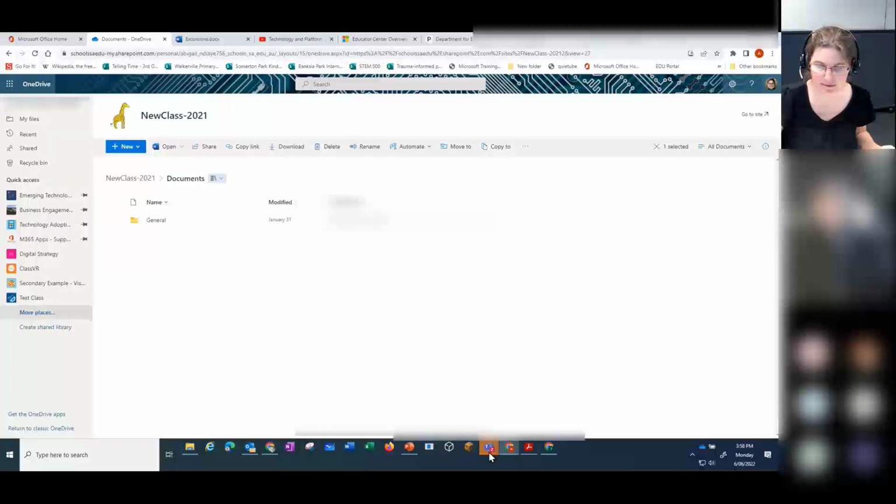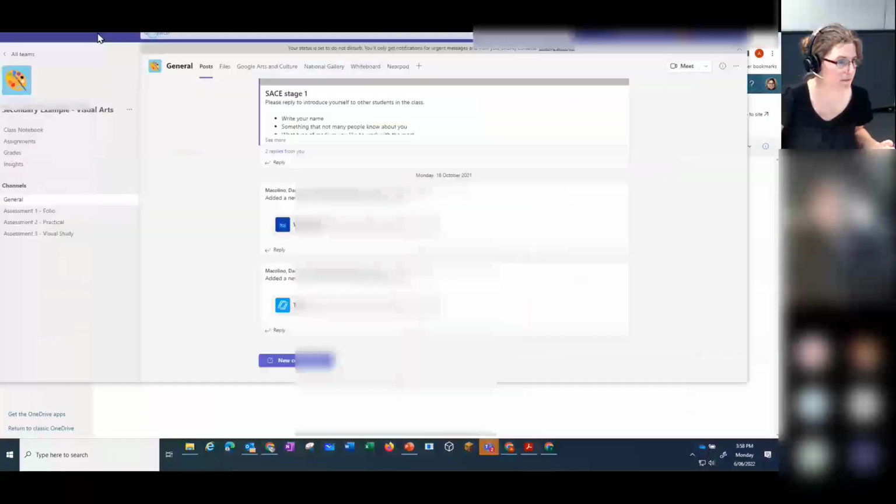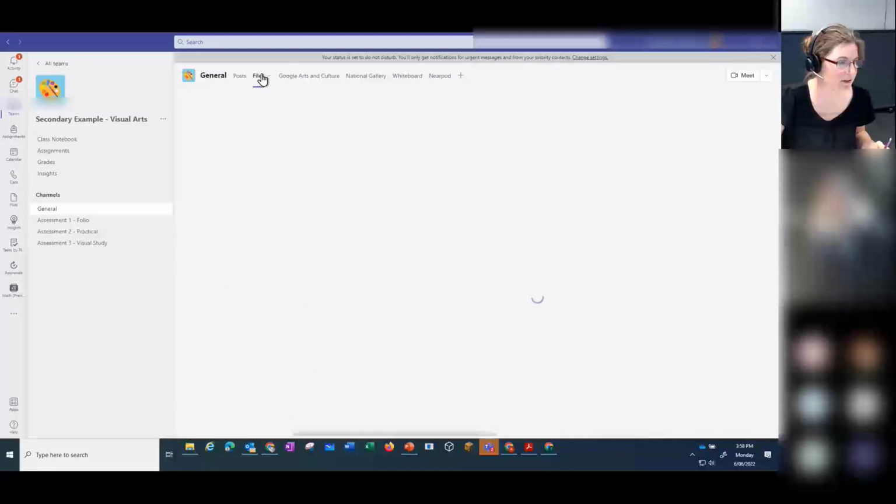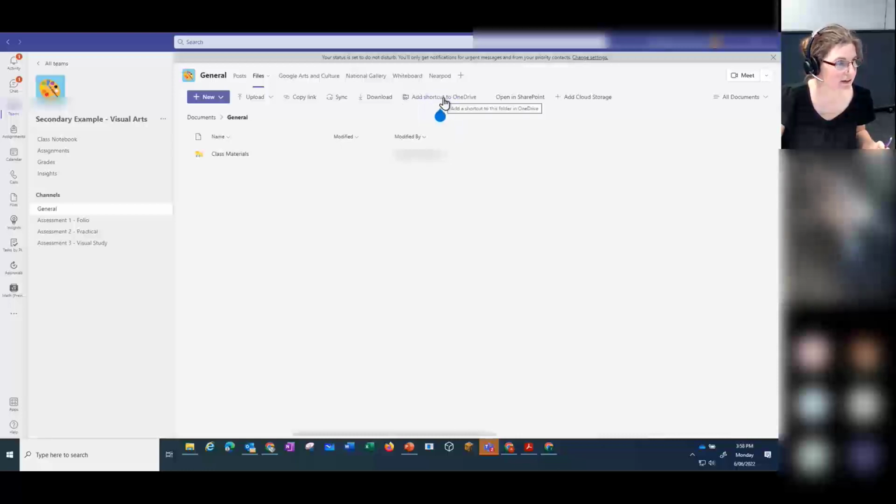So I might just open up Teams for a moment, and let's bring up a folder. So this is Teams, and there's a new function. If I go into Files in a team, there's this new function which is Add Shortcut to OneDrive. So if I click on that as well,